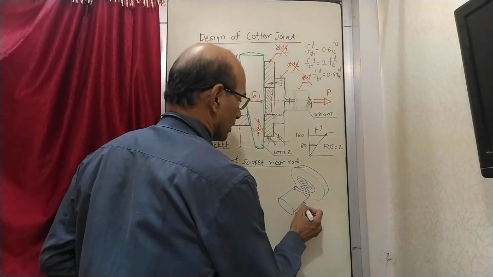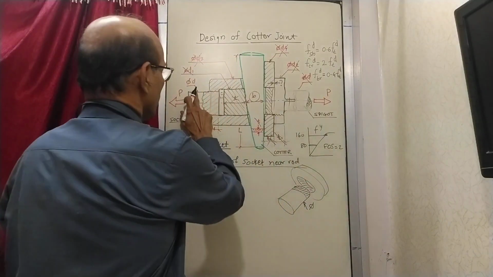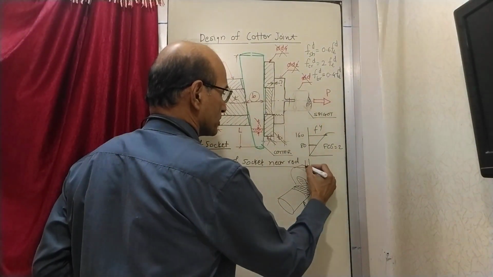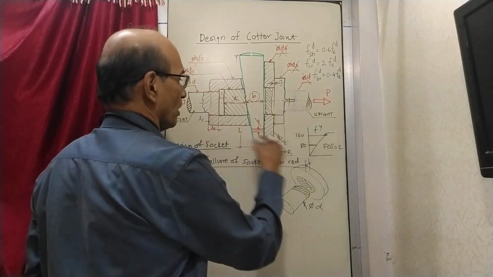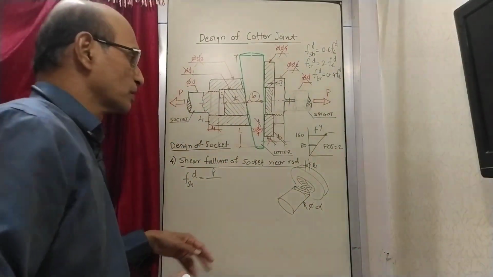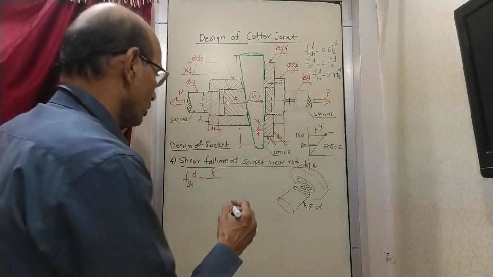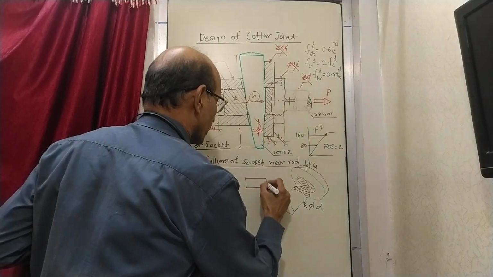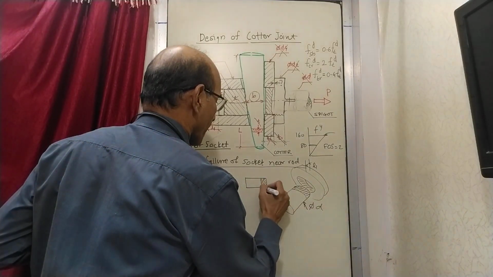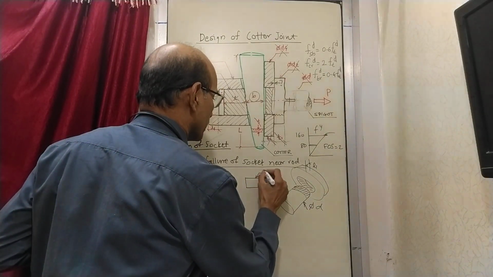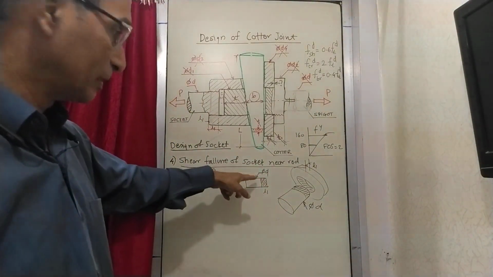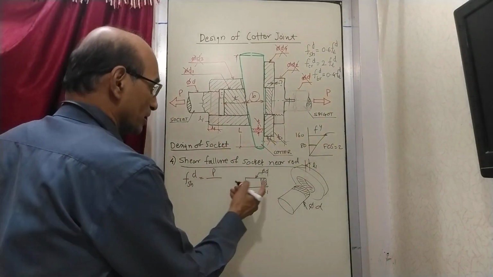So what will be this size? You can write here that this is diameter D, and this thickness is L1. So we have brought into picture size L1. If I show it here in a simple way, this is L1 and this is diameter D, and it is a circular surface, not a rectangle like what is shown here. So we write here pi into